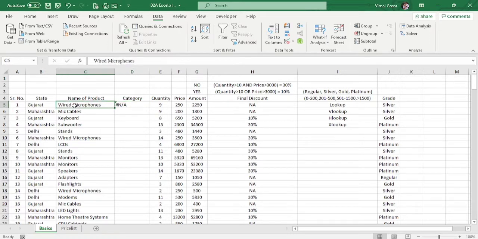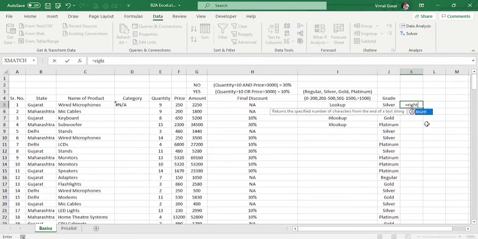How we can do that is with the help of the right and left functions that we had. What I'll do is use the right function, because I want everything apart from the first character. So how do we remove that? It's a very easy formula. Equal to RIGHT, I want everything from the right for this particular cell, comma, what is the length of the cell? I'll just write the LEN function of this cell minus 1.